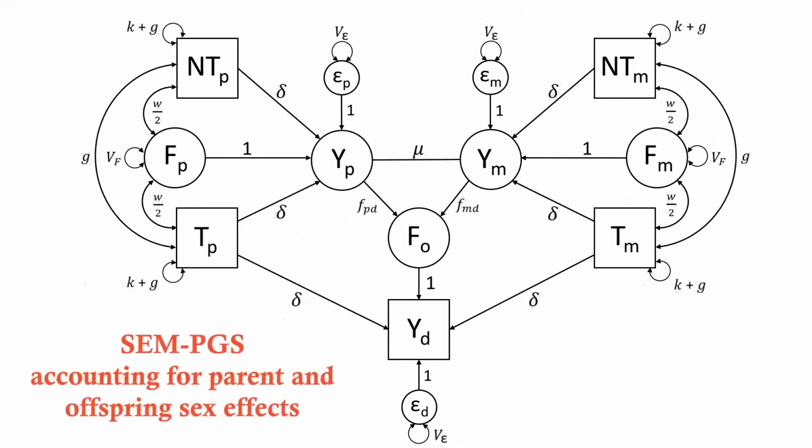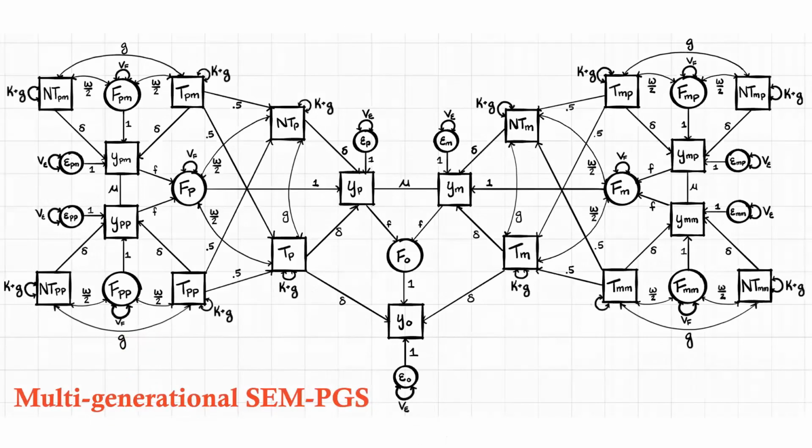All right, and we're also looking at models that can account for differences in parent and offspring sex. So these would be able to differentiate the effects of fathers versus mothers on sons versus daughters. Lastly, we recently had a group reach out to us saying that they'd like to run these models, but that their data set has a lot of families with both parents and grandparents. So we put together a sketch of what it would look like if we wanted to run everyone together. And we also explored with them whether it would create bias to run them separately, such that the parents in one model are also offspring in another.